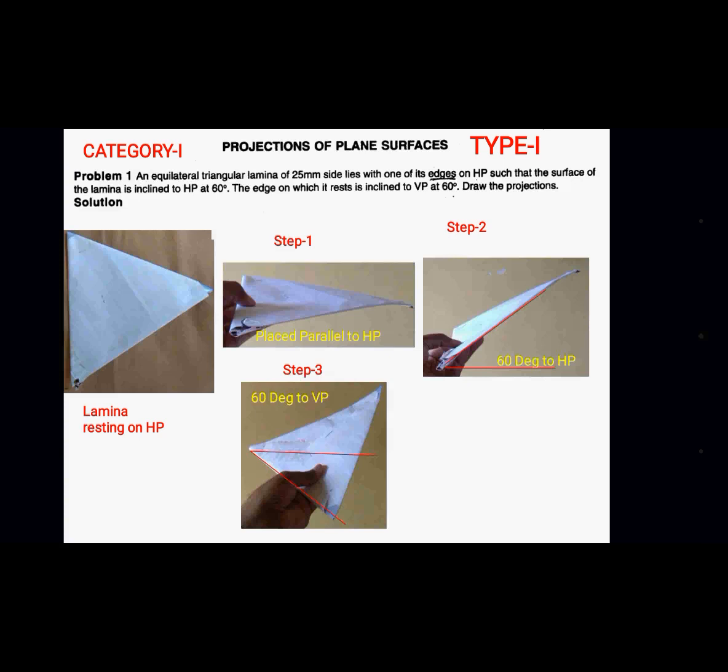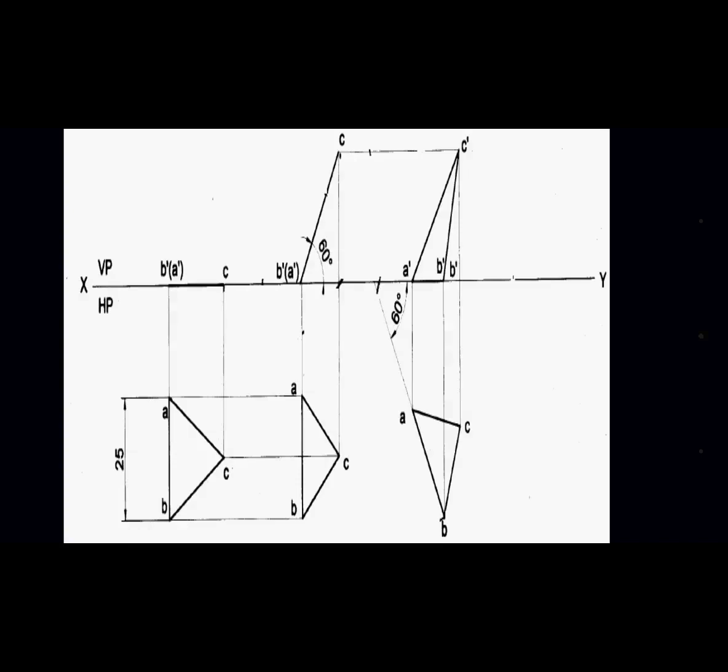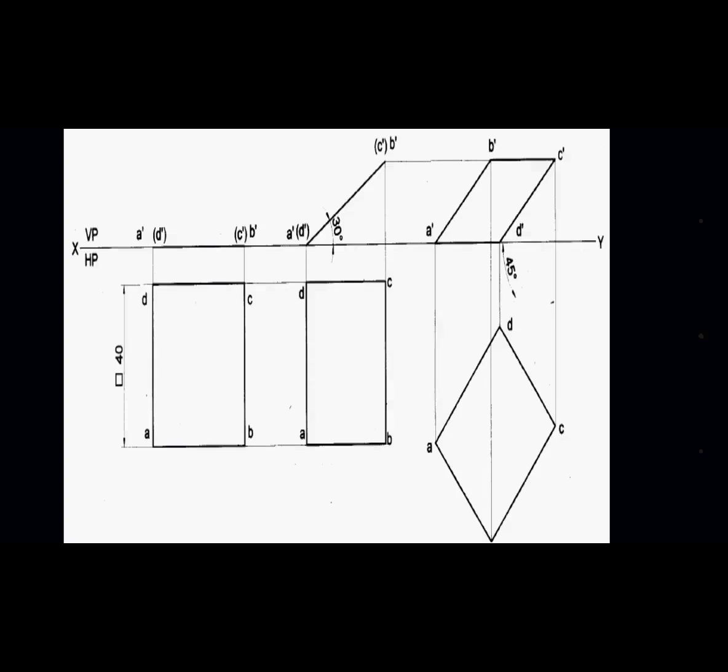So we'll go to the next 2 problems. We will not waste time. Maybe 2 or 3 problems may be possible to cover in this 1 hour session. So this was the first problem which I had explained to you. This was the solution of the first problem, triangular lamina, and then the second we did the square lamina problem. This is the solution given in your VTU solution book related to the square problem.